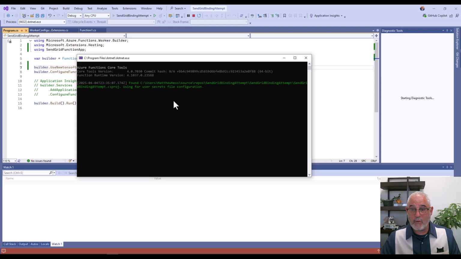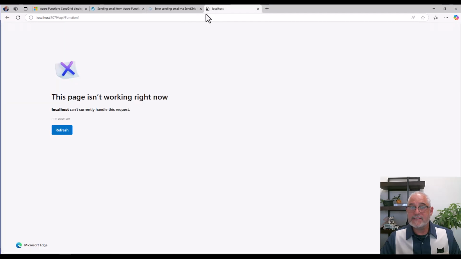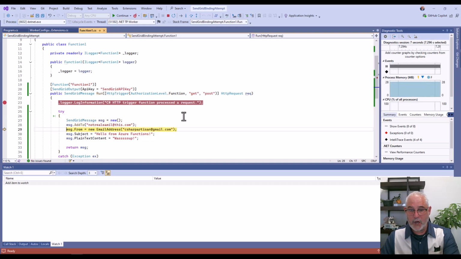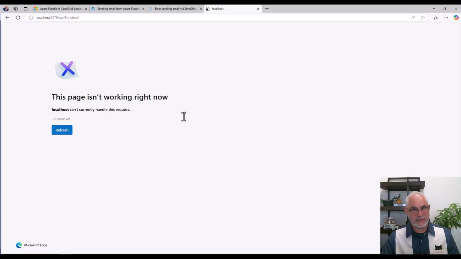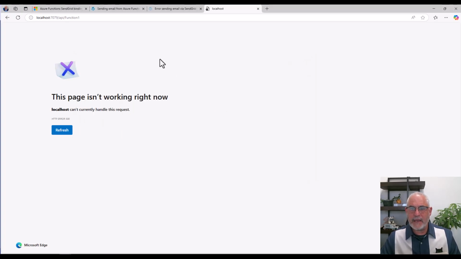And once again, we'll wait for it to be listening. And now we can go and simply refresh our request here. So we are going to return our message, F5, and it still doesn't work. So what's going on? So we're getting this error. Okay, unless a valid template ID is provided, the content parameter is required, and there must be at least one defined content block. So I went and I looked at my code,